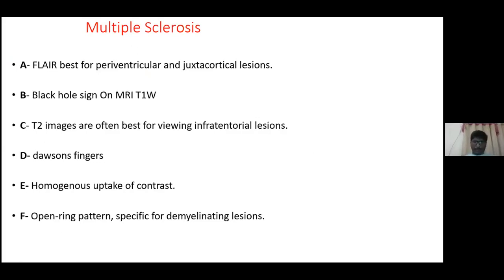I hope you got the point. For those who are new to neuroradiology, at least try to remember and observe a few points. Once you revise again, you will be able to get it. Multiple sclerosis is a demyelinating disease. You see lesions in multiple places, as the name mentions: sclerosis, that is demyelination, in multiple places. The classic regions are periventricular, juxtacortical, infratentorial, and the spinal cord. What is classic are Dawson's fingers and also the incomplete open ring enhancing lesions.